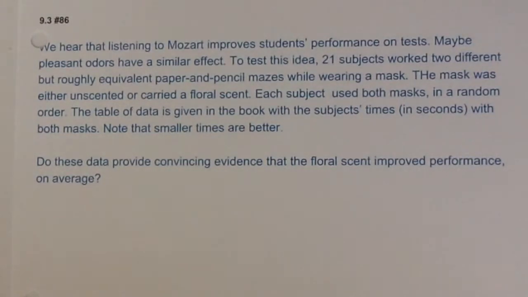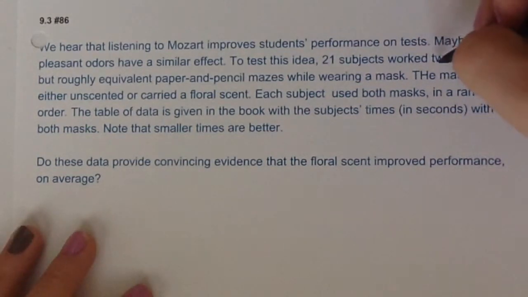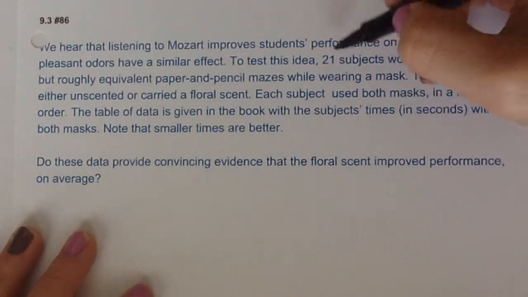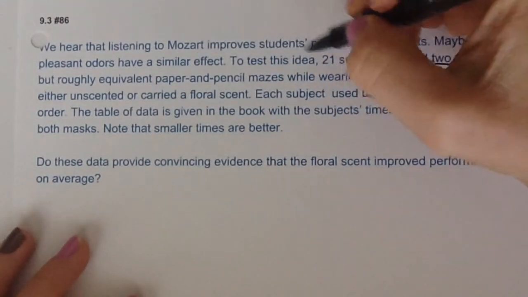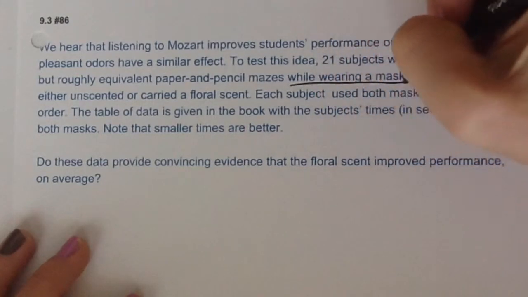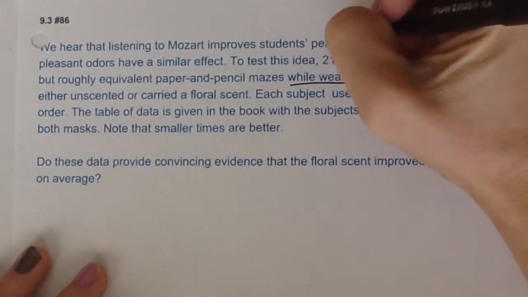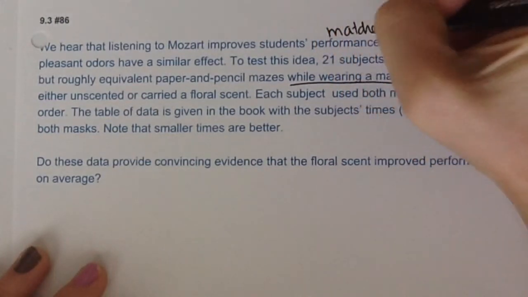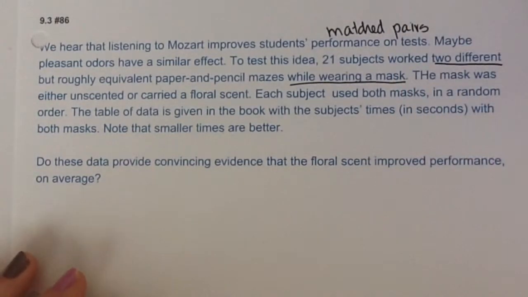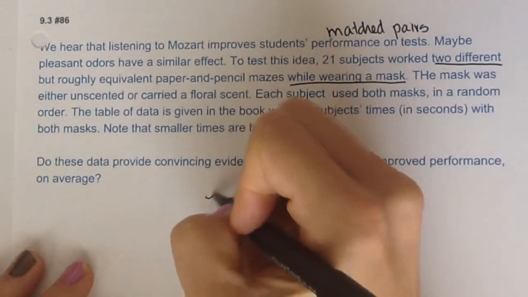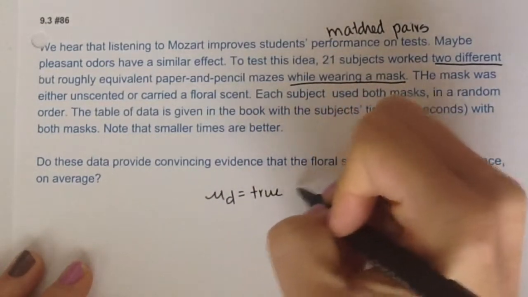So because we're checking to see, let me go backwards first. There are 21 subjects that work two different but roughly equivalent mazes while wearing a mask. So that means that they each wore each mask, meaning we have a matched pairs design. Because we have a matched pairs design, it really becomes just one variable, where your variable of interest is going to be mu of d, where that stands for the true mean